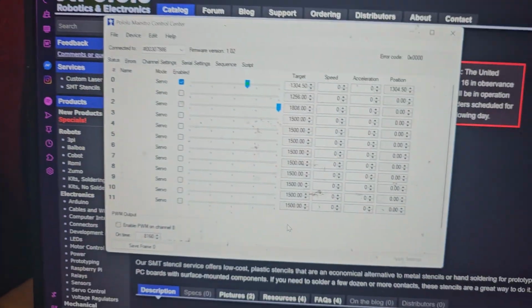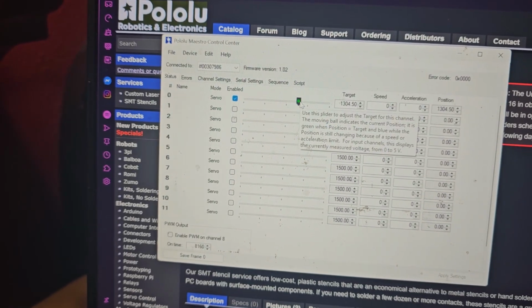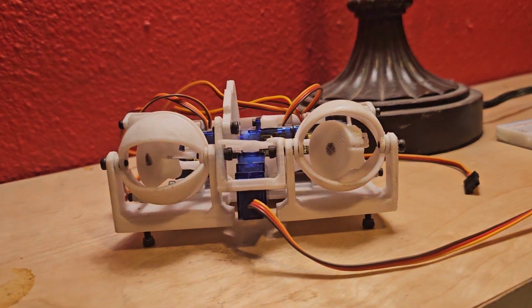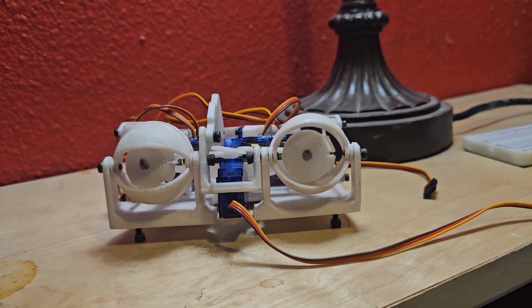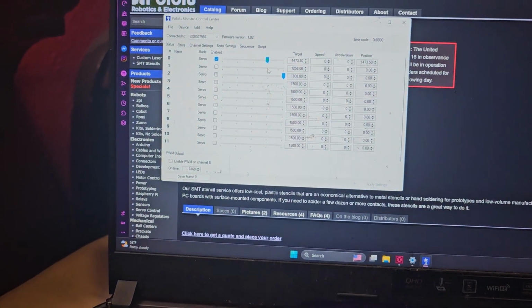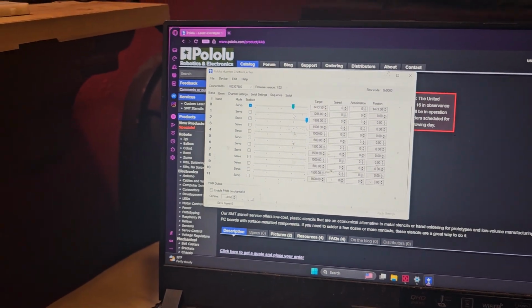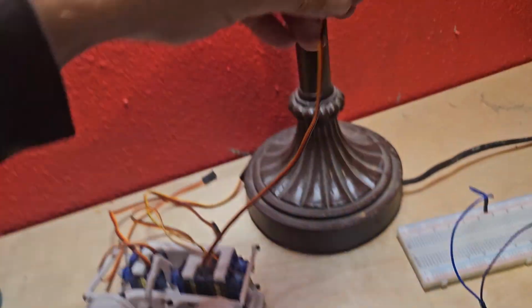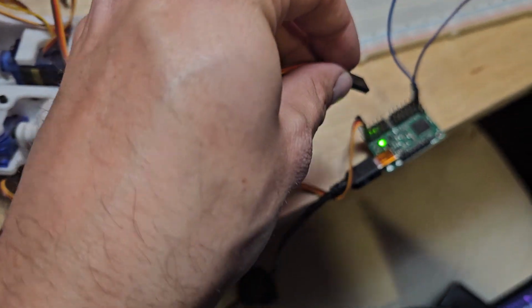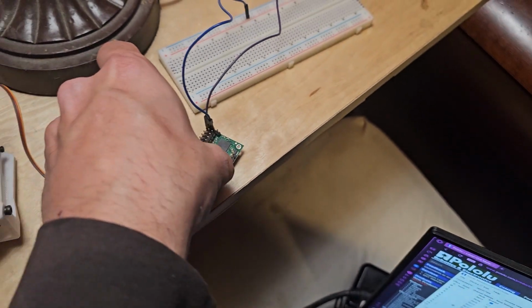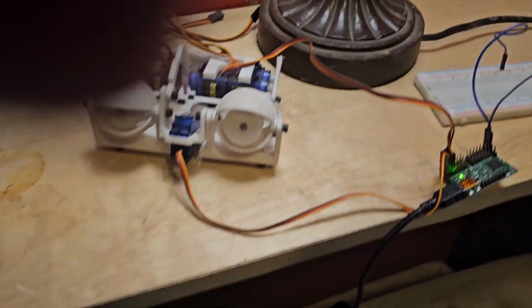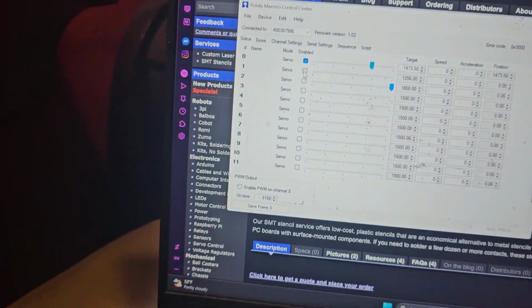And then in my Mastro software, you can see that I've got servo 0 enabled, and then I can use this slider bar to move that around. Alright, so if I connect the rest of these really quick. So this is the up-down movement. I'm going to connect this to pin 1. And then if I enable servo 1,